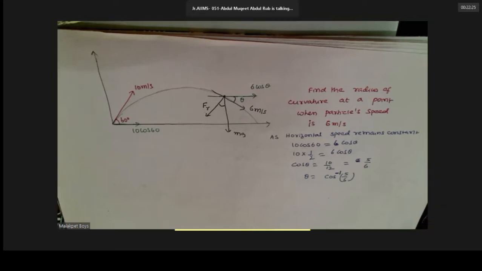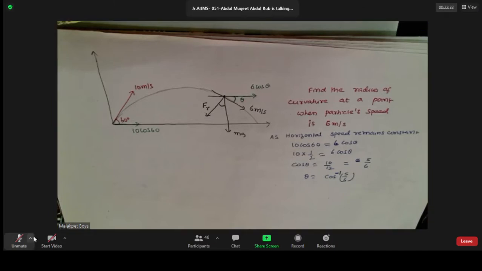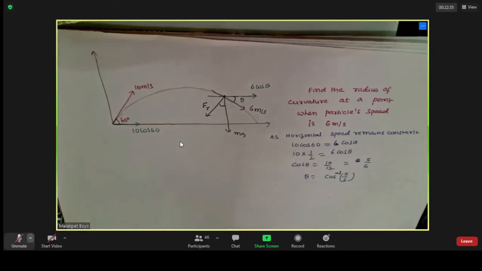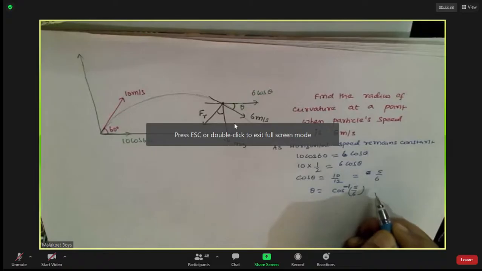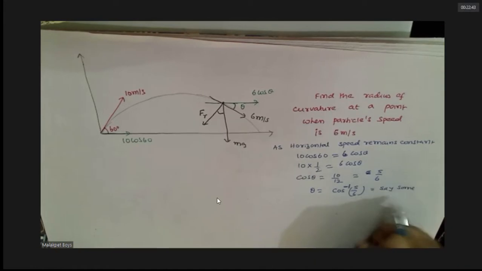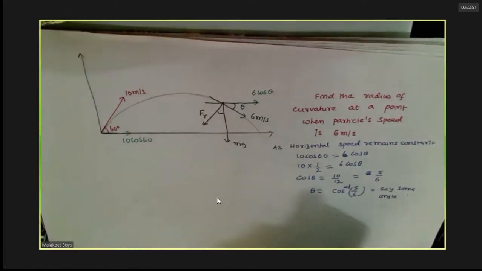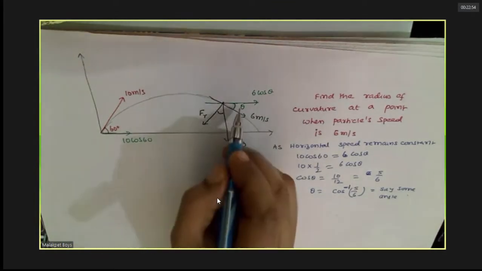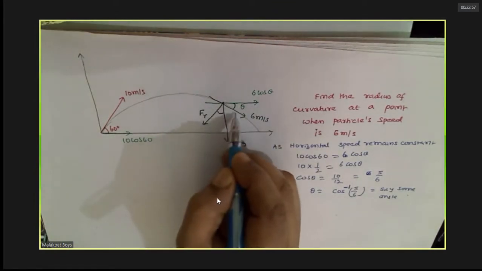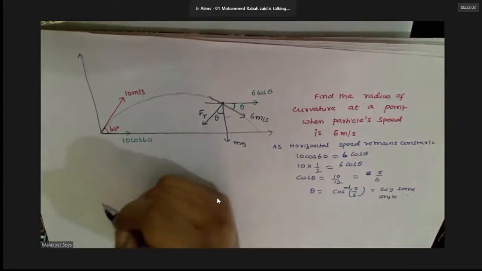Sir, the force mg is also directed towards the center. Force mg is also directed towards the center, and we have to find that. Fr is mg towards this, so this will be some angle. Some value like 30 or 40 something. If this is theta, what is this angle? 90 minus theta.